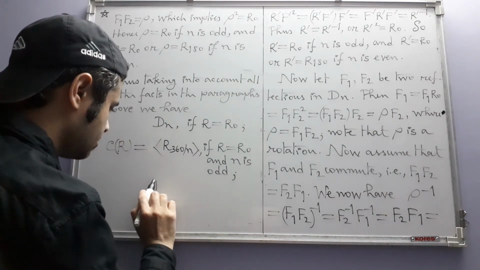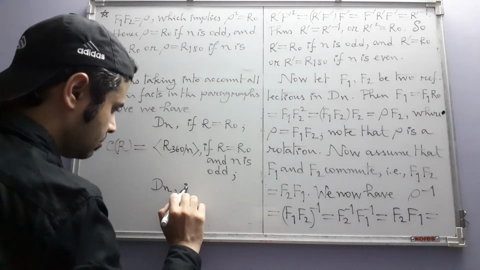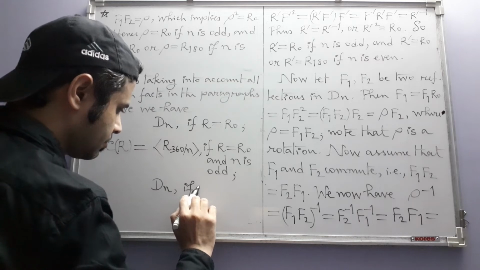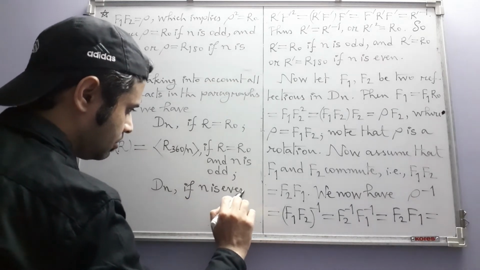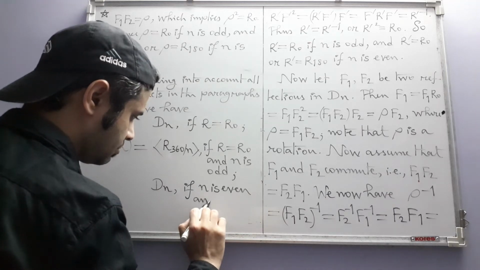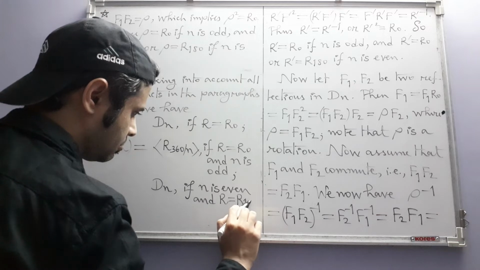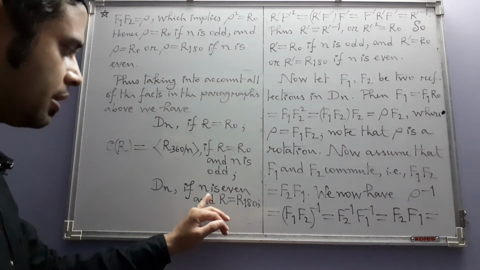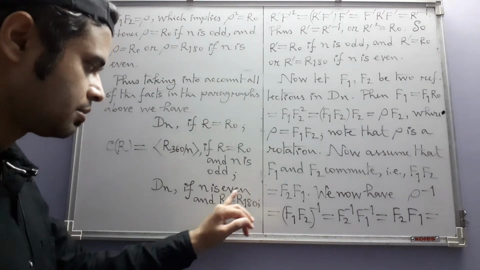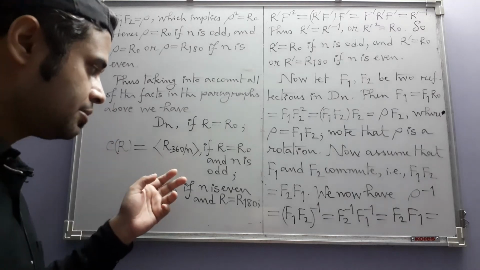So this is equal to Dn if n is even and R is equal to R180. It's better to say n is even first before writing R equal to R180, because when n is not even,